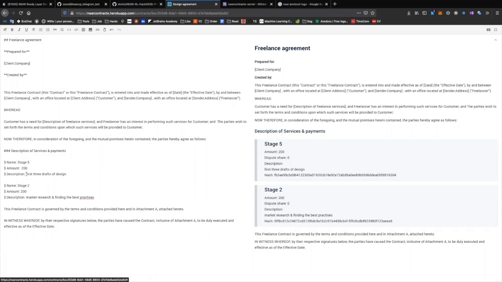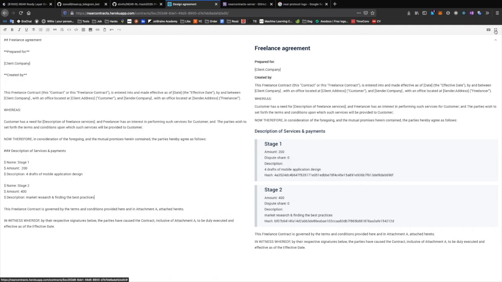And for example, I want to get 4 drafts of mobile application design. On the second stage, say it's stage 2, I'm ready to pay $400 for market research and finding the best practices. So it's like a usual contract, but you can see it automatically converts this markdown into a special